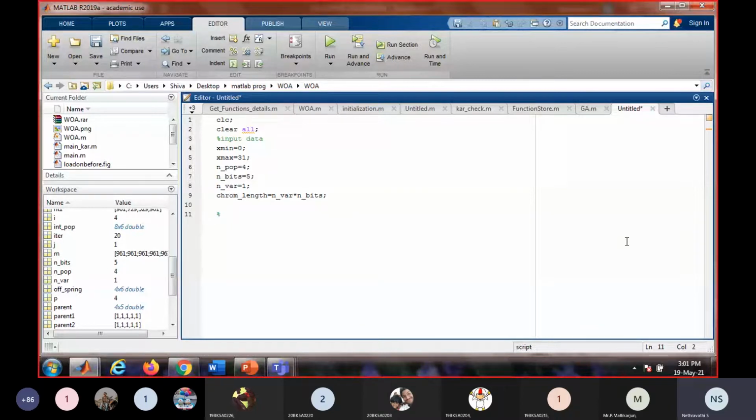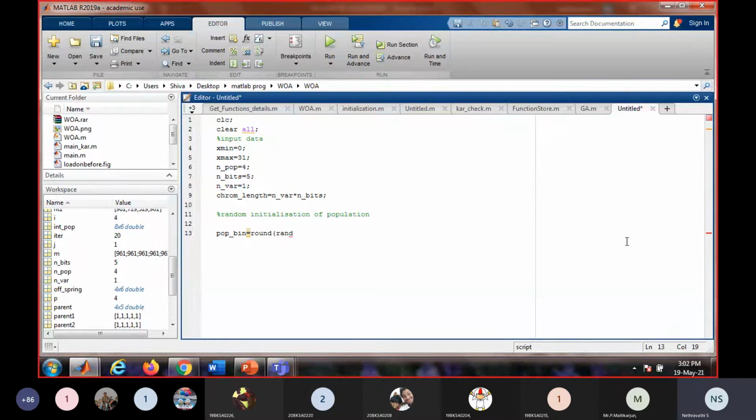That is done. I told you it is done randomly. Okay, random initialization of population. So we have to initialize the population randomly, which is represented as a binary number. For that, we use a function called rand. rand is a function which generates random numbers.